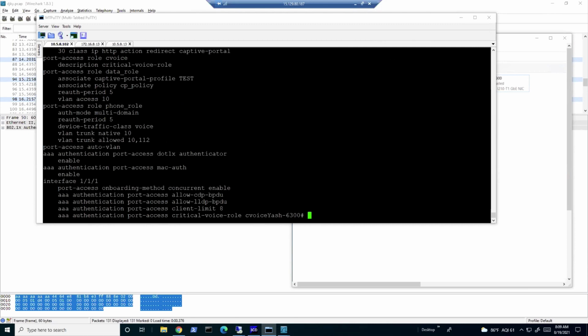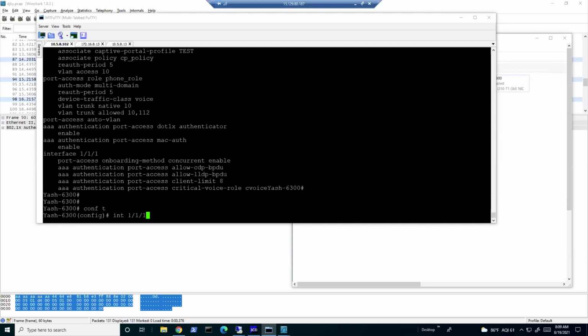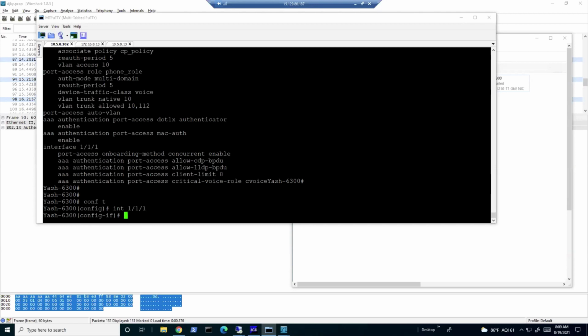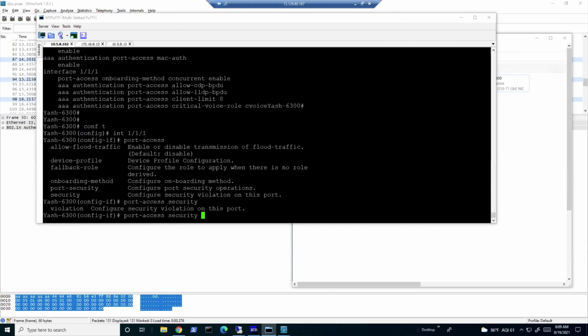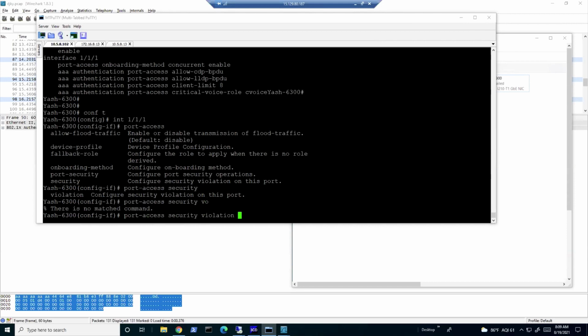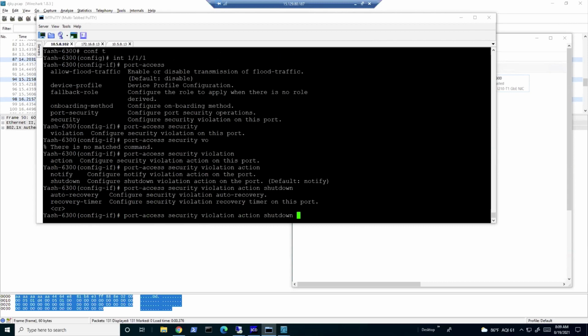Okay. So now what we'll do is we'll enable the port access violation feature, because this feature works across the 3 auth modes. So let's enable it for the multi-domain and check whether it works on the multi-domain, which is getting introduced as part of the 10.8. So to enable the port access violation, you have to get into port access. Let's see the question mark and port access security violation action. You should see notify as well as shutdown. Let us see the full command, that way you will know. You can see auto recovery is there, recovery timer is there. These are the 2 questions that came up in the last session, so we are just bringing it up.